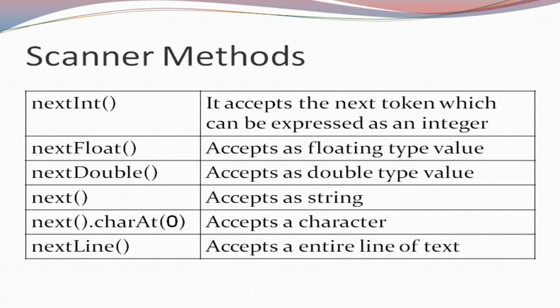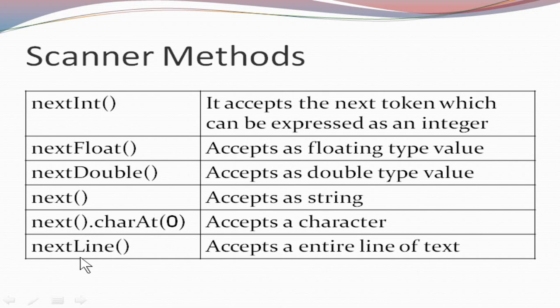This will accept a string. Suppose you want a character alone, that is the first character of a string, as an input, then you have to use next, then dot, then charAt, with position number 0. Whichever the word, the first character of the word will have the position number 0. So if you enter a word also, it will take only the first character in the string. You can take the characters one by one like that, or you can input a character alone and then store it. For both you have to use this scanner method.